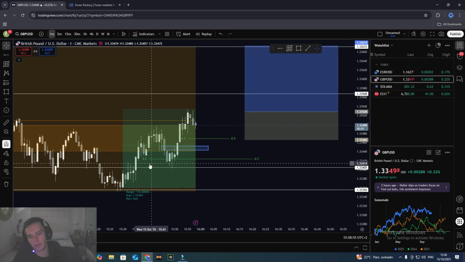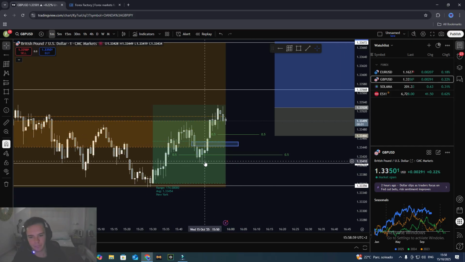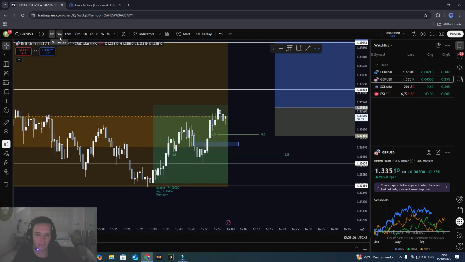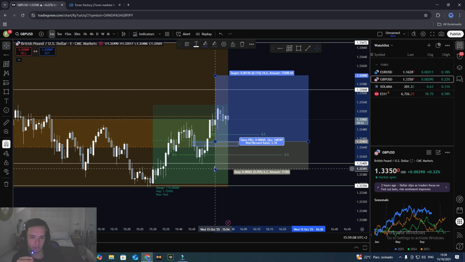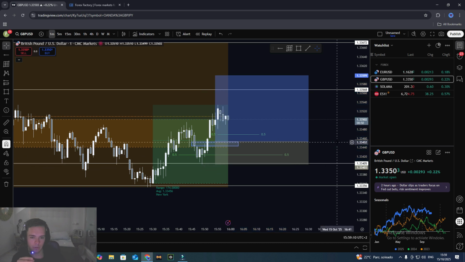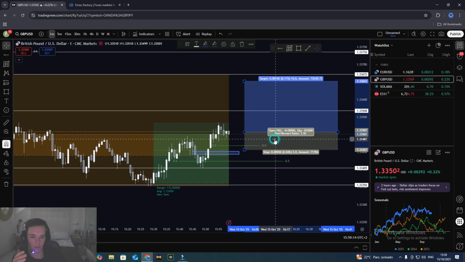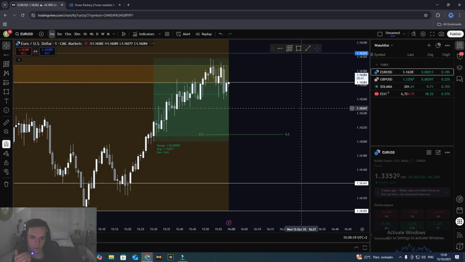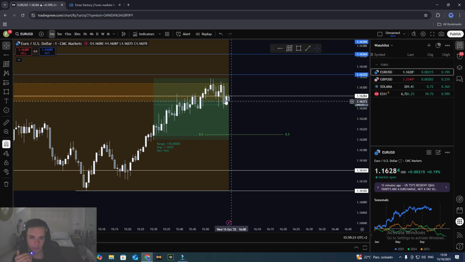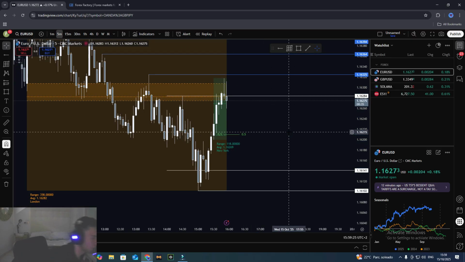Look, we came off this fair value gap here, which was within our equilibrium on the 1 minute, but we were looking on the 5 minute at that point. We were waiting for something. Then we create a fair value gap, inverse fair value gap. Yes, you can enter off this and put your stop here and do something like that, which would be a great trade. But one, I missed it, and two, I just want to see us respect a fair value gap because I just know USD is going to come down. It's going to come down more. It has to. So.